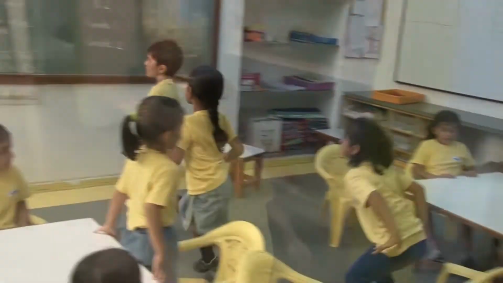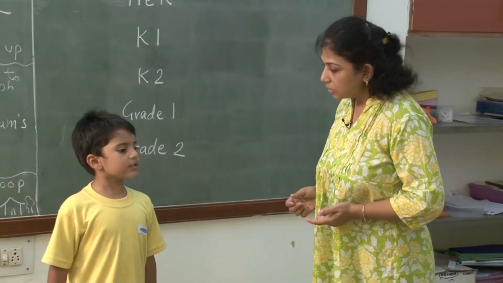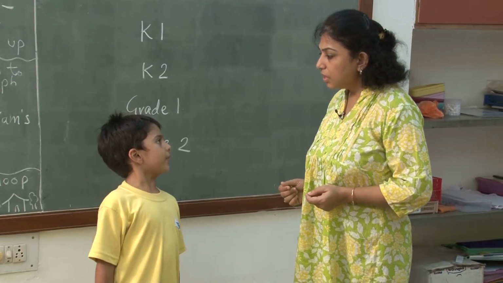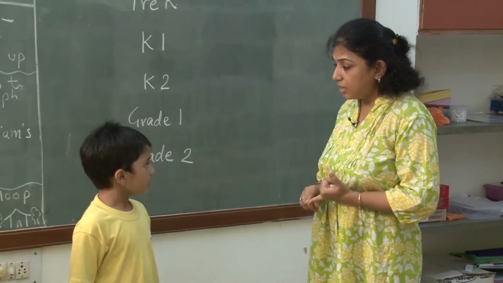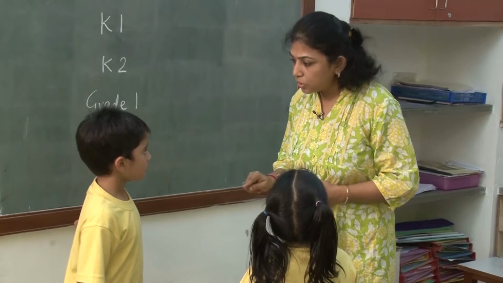I told them to go and apply those strategies in each of the grades. There are 28 children in K1. How did you know that? Ruchi ma'am told me. So each child came back with some number, and that number was not cross-checked to see whether it was the exact number of students in each grade.